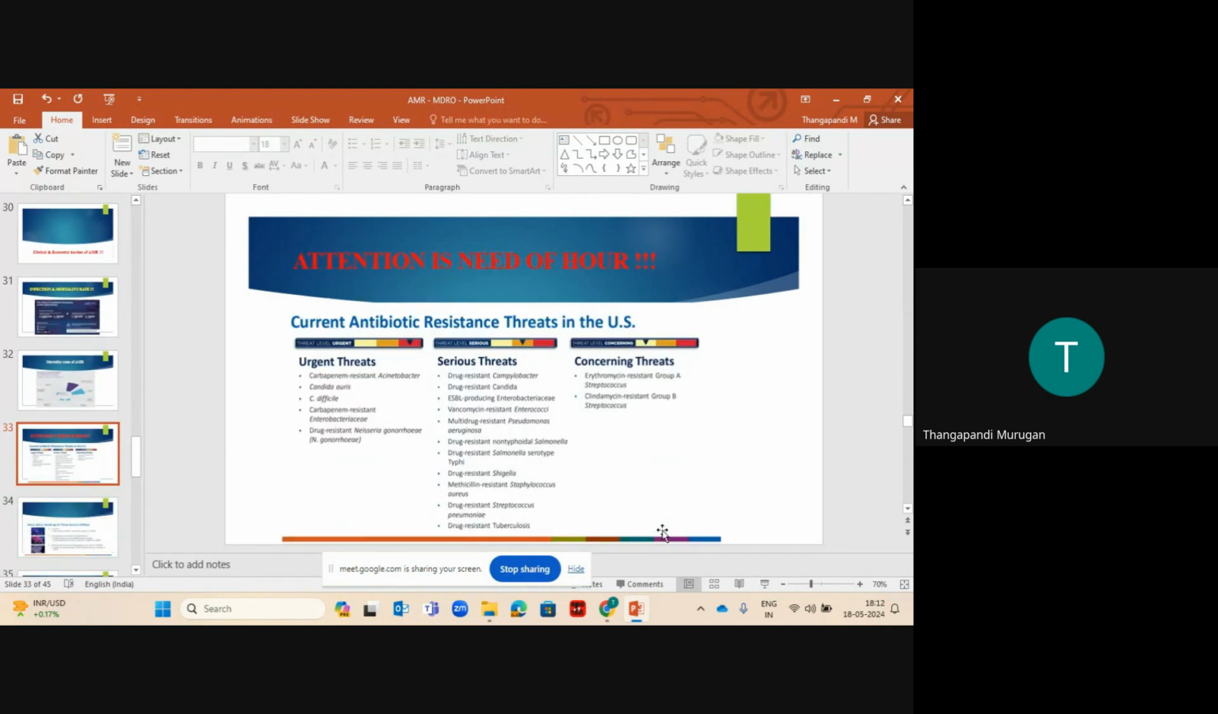And you can see recently WHO has released the list of the major concerning organisms in 2024. You can get it on the website, because this is a little bit older, released a year or more ago. Here we can